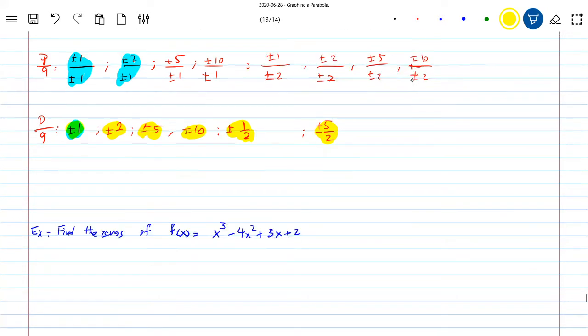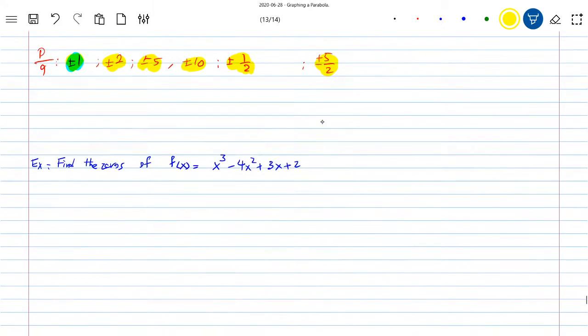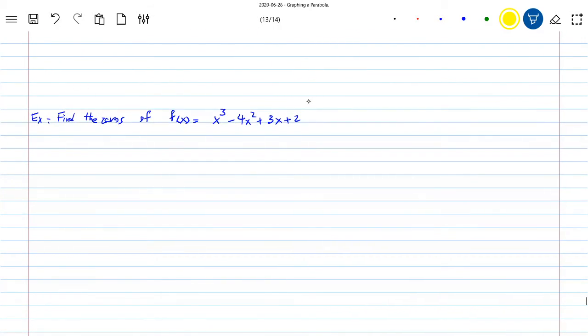Okay, here I'm going to show you, there are too many in this case to go through all of them. So in the next example, we're going to find the zeros of f of x by using this rational zero theorem. So what are the possibilities here? First, figure out the factors. The an is the coefficient of the largest term. In this case, the leading coefficient is 1,